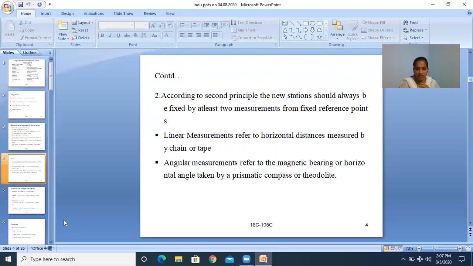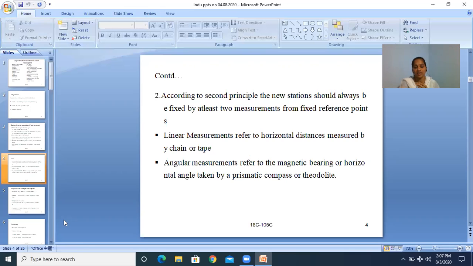So now we can come into our compass surveying. In order to take the linear measurements, meaning distances and areas, we have used either chain or tape. In previous classes, we concentrated on taking linear measurements only. We could not take any angular measurements in chain survey. Can we? No. With the help of tape or chain, we can measure the linear measurements only.